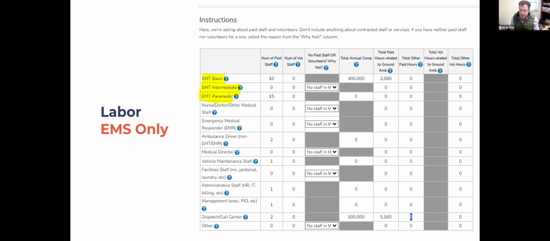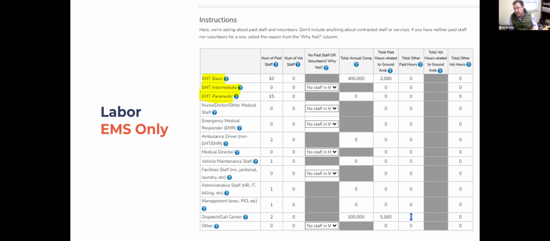One other thing to keep in mind, and that is if an individual changes their licensure during the course of the year. So for example, an EMT basic passes the paramedic exam and then begins working as a paramedic within your organization, you should keep them in the category at which they began the year at. Now, I assume that becoming a paramedic also carries with it an increase in compensation. You would now report all of that increased compensation, still in that EMT basic category.